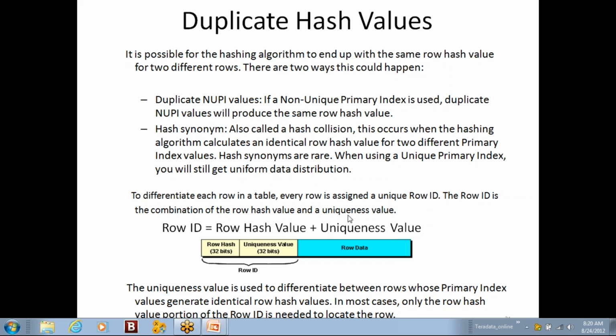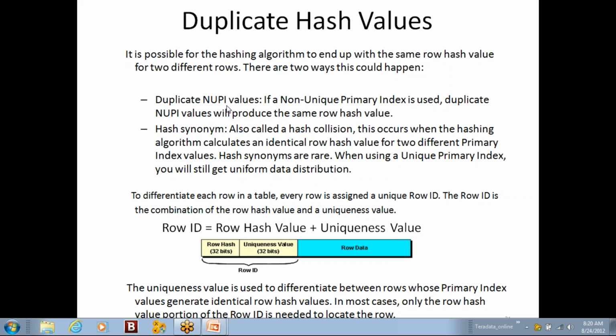And what is this uniqueness value? This uniqueness value is used to identify each and every record uniquely, even though they are duplicate NUPIs or hash synonyms. What is a duplicate NUPI? When we have a non-unique primary index, we may have duplicate primary index values which generate the same row hash values.